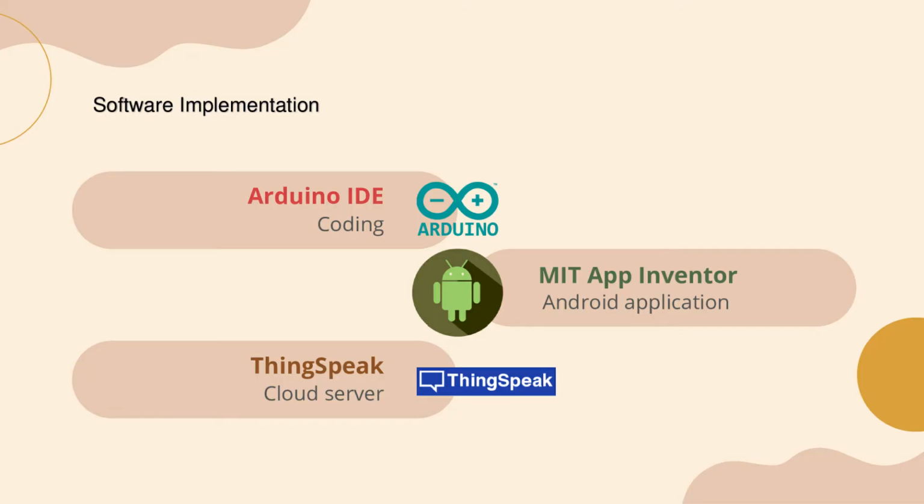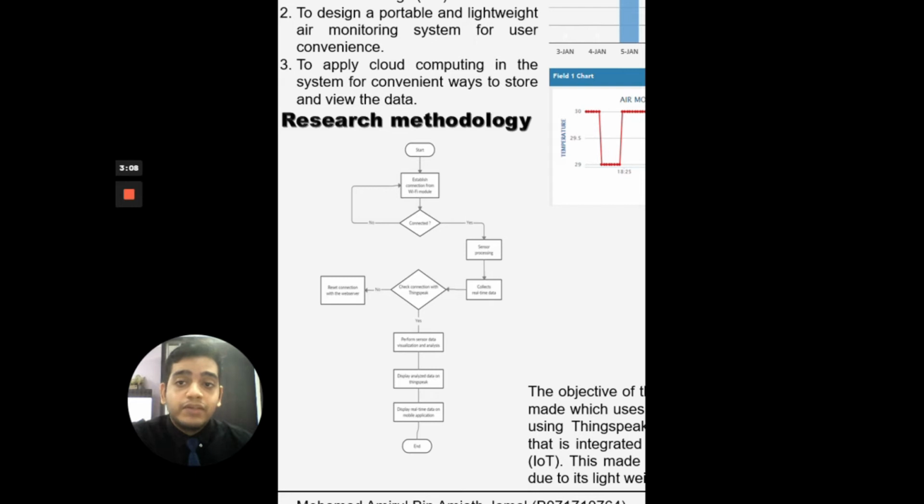Moving on to the software part. The first one is Arduino IDE. It is open source software for writing and uploading a program into the ESP32 board. Next, MIT App Inventor. It is a platform to create a mobile application online. The application made for this project has been done using MIT App Inventor. Lastly, ThingSpeak is an Internet of Things platform which enables users to gather and store cloud sensor data and establish IoT applications. The IoT platform ThingSpeak provides software for data collection and observation.